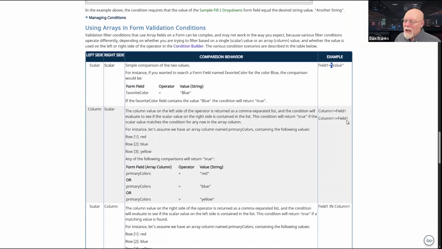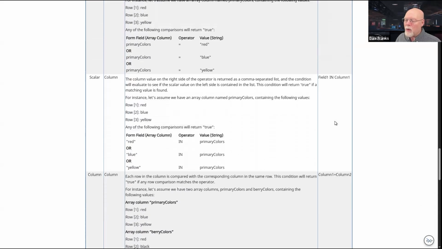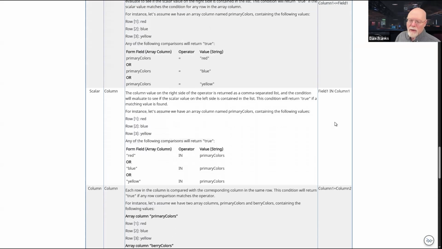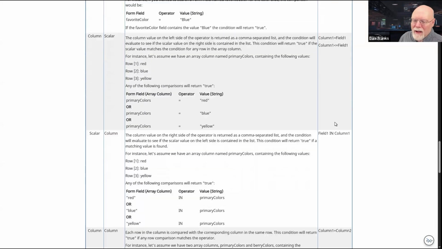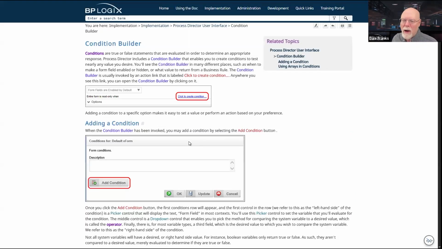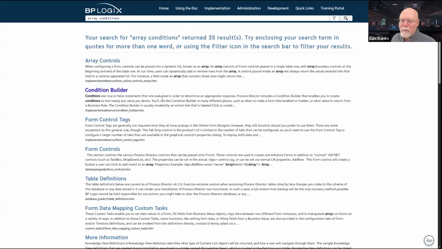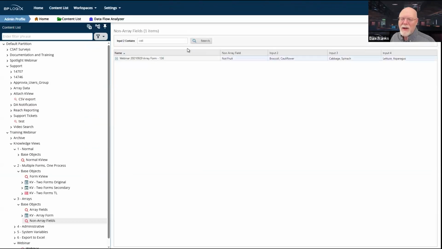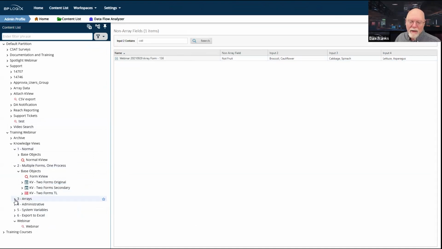And so we have some examples of equal conditions and greater than or equal than or in, so that you can see that there are some weird ways that arrays work for conditions. So just keep in mind that if you're going to use array, conditions become a little more tricky. So refer to the documentation for some examples that explain to you a little better about how the arrays work. So those are array fields and how you have to handle them.